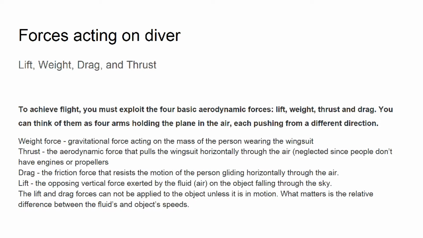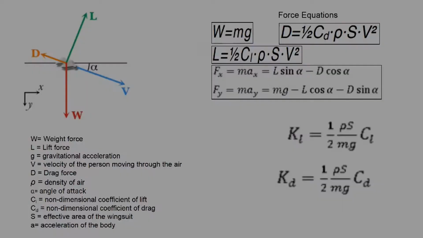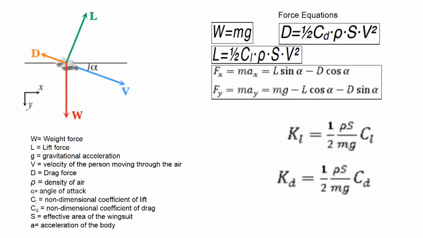So, forces. The main four forces are lift, weight, drag, and thrust. Weight is the mass of the person multiplied by gravity. Thrust is neglected since nothing internal pushes the wingsuit. Drag is the friction force that resists the motion. And lift is the opposing force exerted by the fluid. As you can see in the diagram on the top left, it shows these four force laws and how they